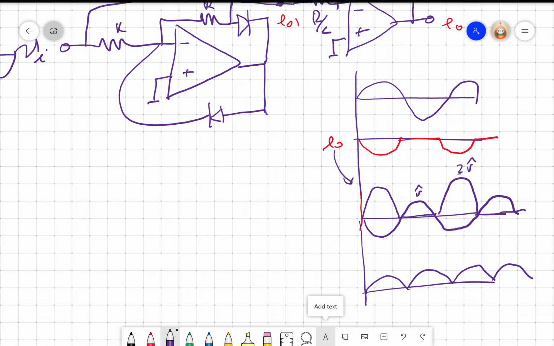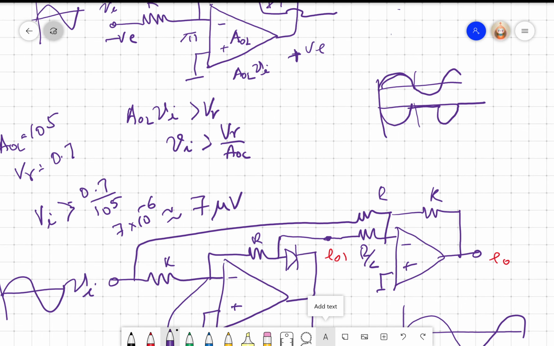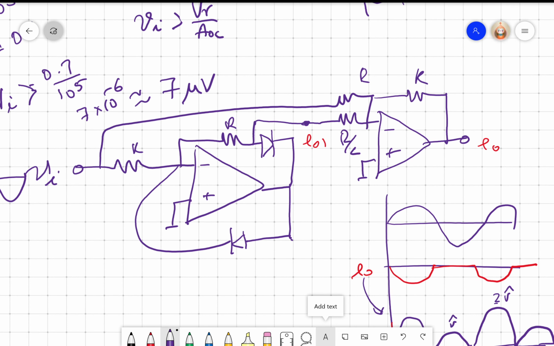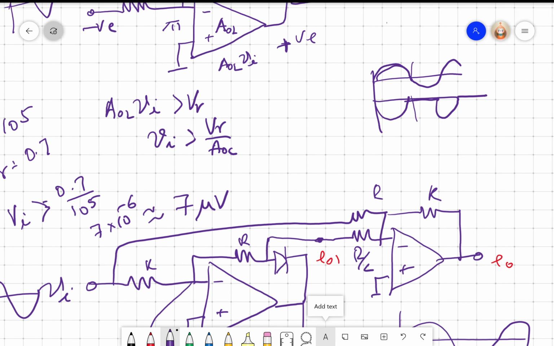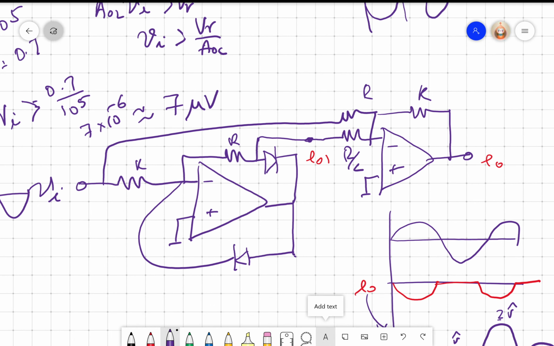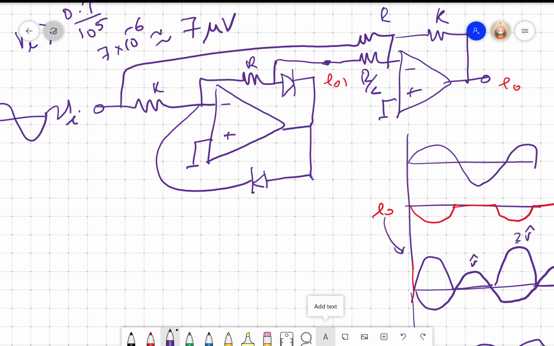Either we can use one op amp, right, and get a half wave rectifier, or two op amps and get a full wave rectifier. We call this a precision rectifier. In instrumentation, we use this